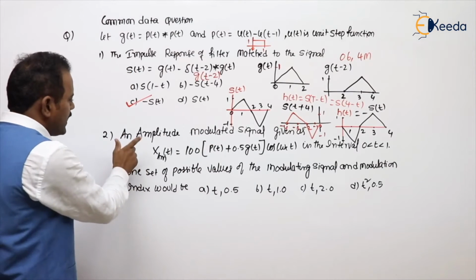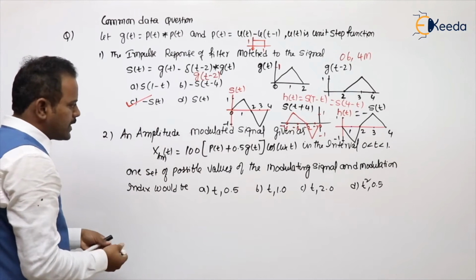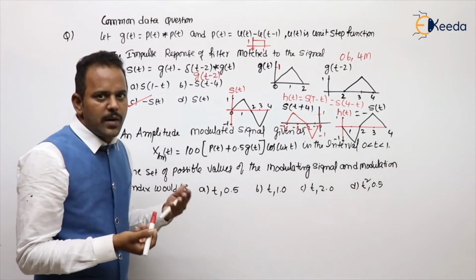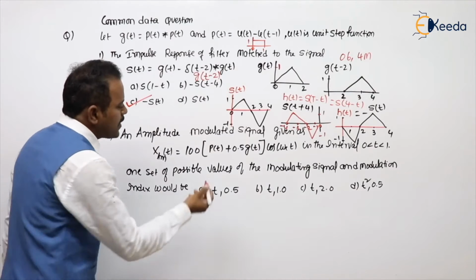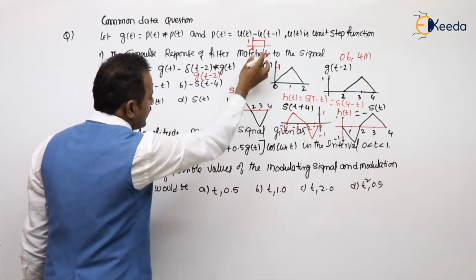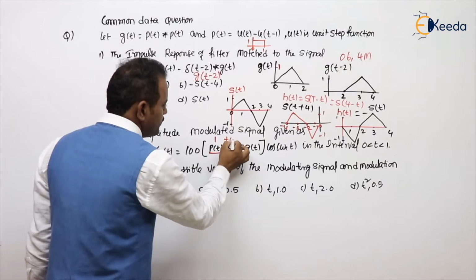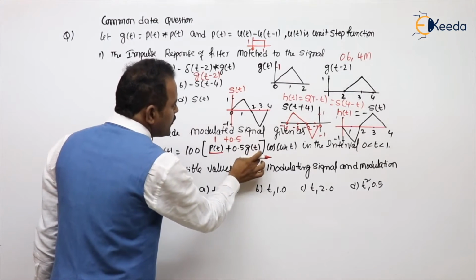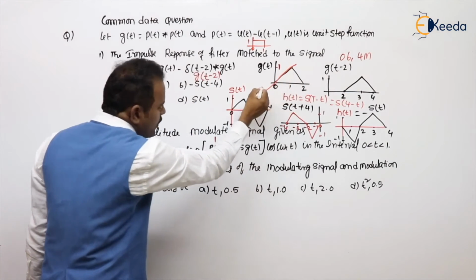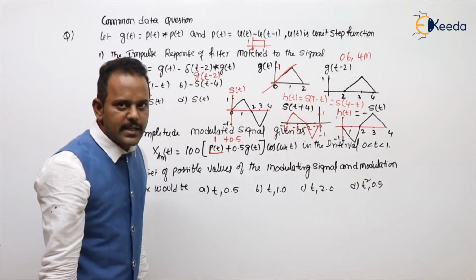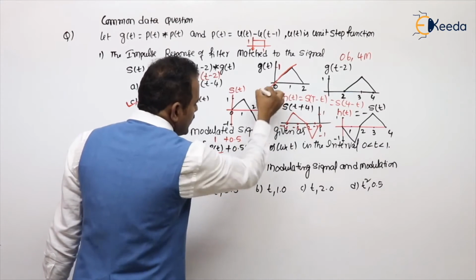Now, after getting that, let's see. He has given some amplitude modulated signal, just like Ac into 1 plus Km(t) into cos 2 pi fc t model. What is the p(t) value from 0 to 1? Its value is 1 plus 0.5. What is the g(t) value from 0 to 1? 0 to 1, see, a line going through the origin, y equal to mx. Here slope is 1. So 1 into mx.